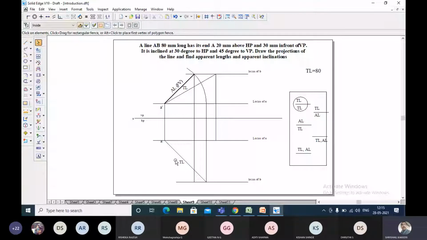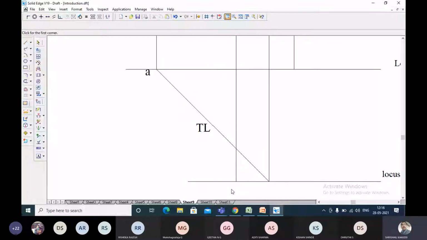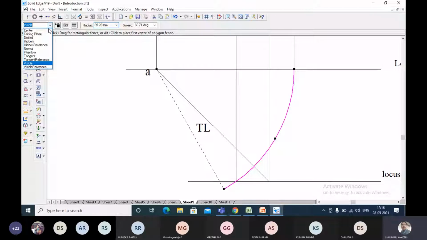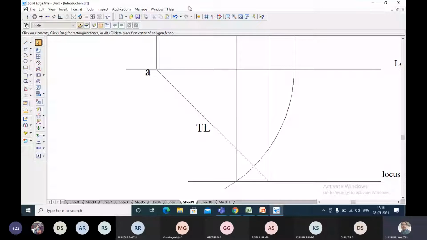Now let me give more focus onto this portion. If I am correct, the distance between the end projectors is same, then this will be okay. Otherwise, this will become wrong. You can see that I am going to draw the arc by taking this as center and this as radius. Draw this arc. So definitely you can see that it is meeting at this point. Definitely that procedure holds good. Correct? Whichever way you want, you can use the methods.